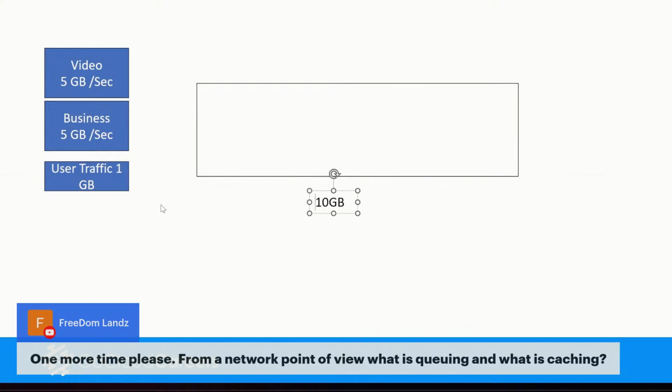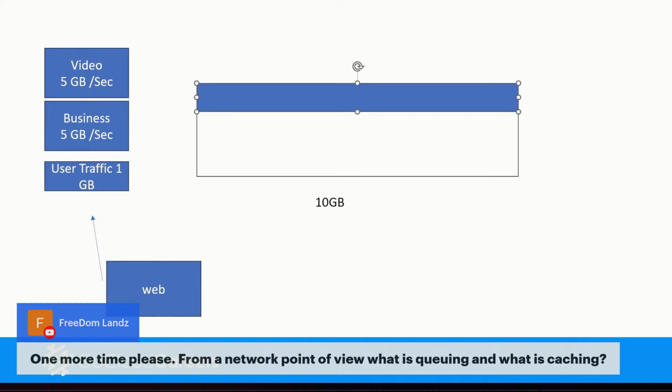Now user traffic could be something simple. Let's say this is people going to websites. Web traffic is TCP and not UDP. So if I send a message on a link that's TCP and it's lost, I just resend the message. But video is generally 100% intolerant to delay. So we might actually create a queue on this link, and let's say this is 5 gigs, and we might say, in times of congestion, video gets 5 gigs.